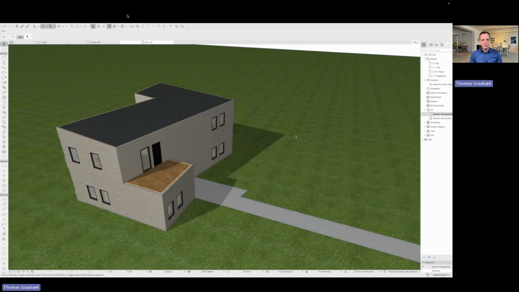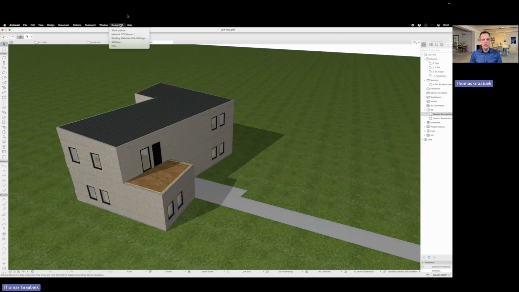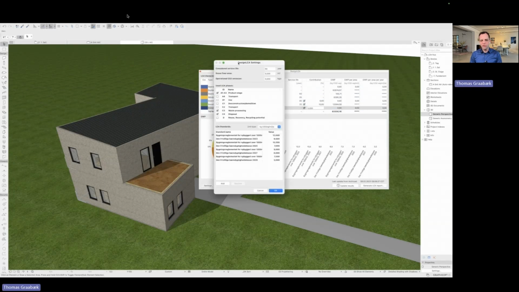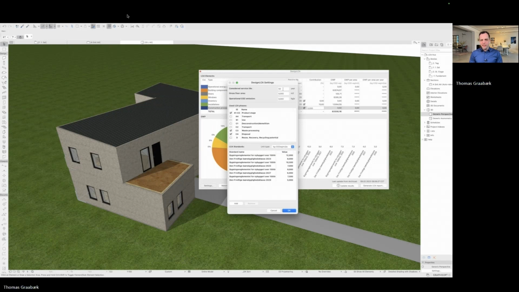And now I can open my DesignLCA palette and look at the LCA calculation. And it's already there. I don't know if you can see it on your screen, but I see 83,000 kilos of CO2 on the building so far. I can jump into my settings. See, I calculate over 50 years.